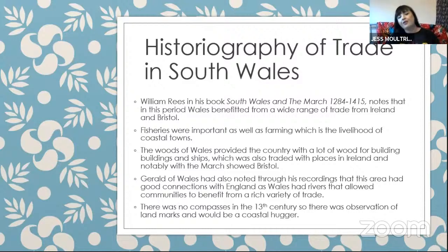But we get to the historiography here. William Rees, in his book, very bland looking from the front but very good in terms of looking at the historiography of the Marches and how this fits in with the fact that this was a time that trade was booming, because Wales was having a lot of organisation and political stability. A lot of administration going on, local and central. They managed to keep things in rein, but people were still able, in some sort of way, to be free. And this allowed Wales to benefit from a wide range of trade from Ireland and Bristol. And this was really rich. But when we look at fisheries, they're important as well as farming, because this shows the livelihood of coastal towns. This shows where the wealth...